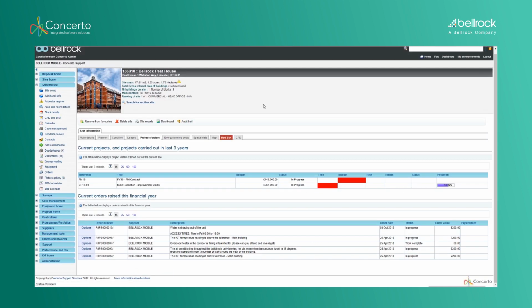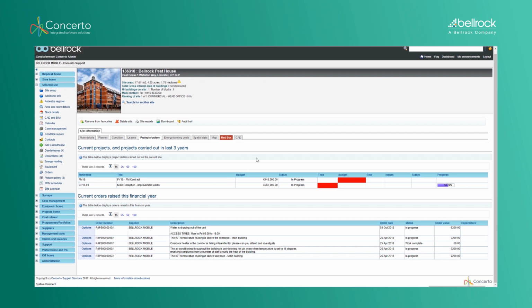We can capture projects and orders information. So for example, do we have any capital projects currently underway? In this example, we're doing some main reception improvement works, which we'll take a look at shortly. And we also can get a sense of the types of reactive budget spend that we're operating through to maintain